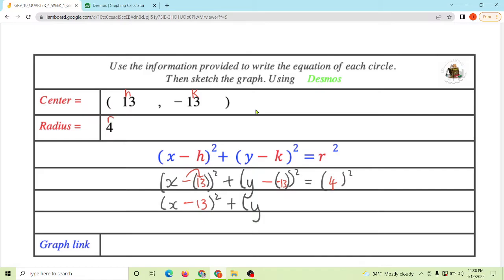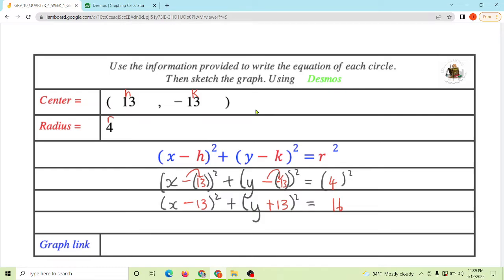So minus times positive, minus times minus, that will be positive. So we have positive 13 squared equals to, and 4 squared, that is just 16. And there we have our equation in standard form